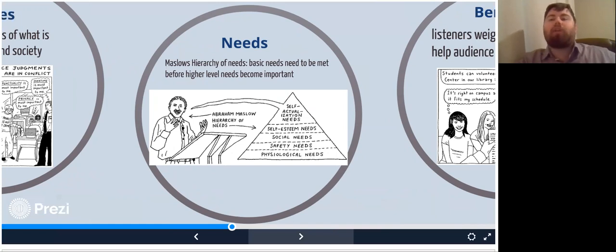So he said you're not going to be able to function at a higher level or have interest in your higher level needs if your fundamental needs, at the bottom of the pyramid, are not met. So you have to meet your fundamental or functional needs before your more psychological self-actualization needs. So for example, your physiological needs: if you are hungry or starving, you're not going to be able to pay attention. Same thing if you really have to go to the bathroom, right?